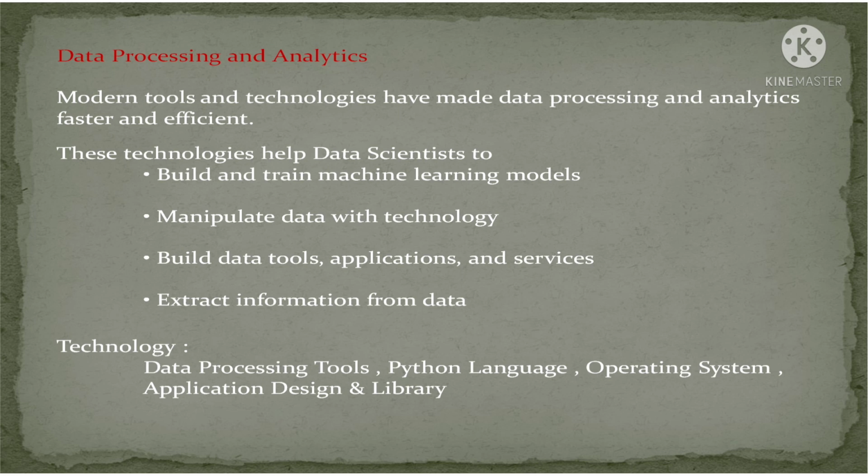We tell them, this is our cousin, this is our grandfather, this is our grandmother, this is our niece and nephew. And whenever a person comes, the small kid will say, yes, the grandmother has come. Likewise, we have to train the model on the basis of past data. 70% of the data we will use for training the model, and 30% for testing the model. Data scientists will build and train the machine learning model. After building and training the model, we will decide the technology.